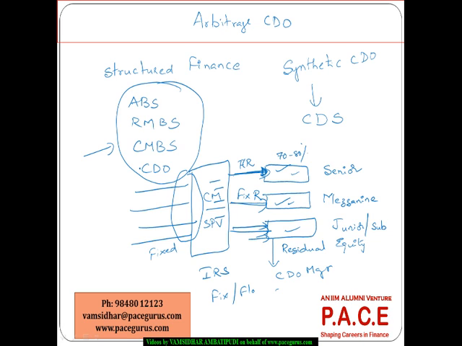The major difference being, in case of a CDO, we are talking about buying and selling the various securities in the portfolio rather than depending on the income that is generated by the assets underlying the pool. Right. So anytime we see the structure of a CDO, we will have a senior tranche, a mezzanine tranche, and a subordinated tranche, which is otherwise called an equity tranche itself. All right.